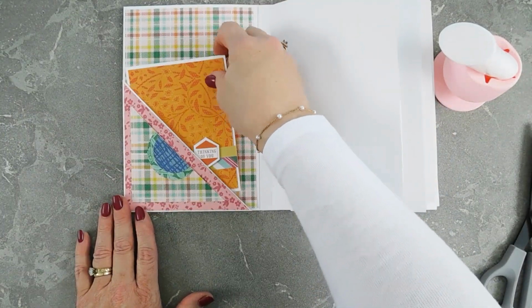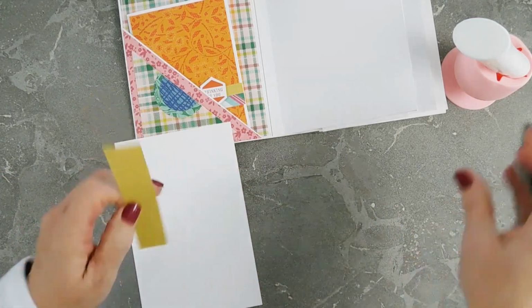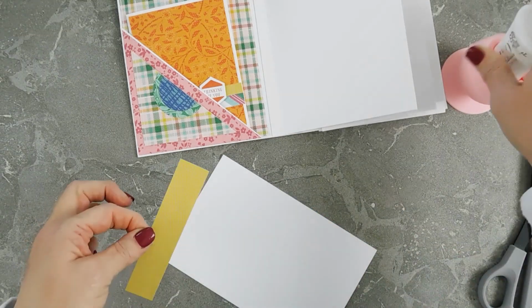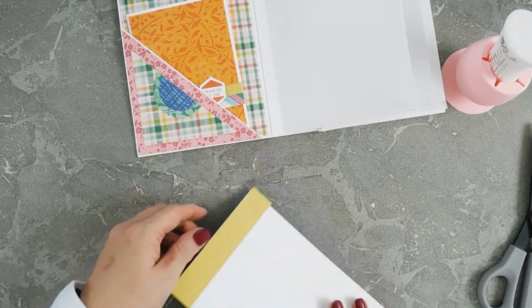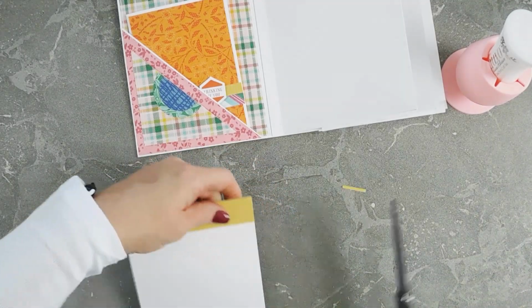We're going to add this. Now I want to add a journaling tag to that pocket, so I have some more pattern paper, and I have just some white cardstock. I'm going to go ahead and put some glue behind here. We're going to decorate the top with some pattern paper just to make it a little fancy, and then we have a little overhanging I'll trim off,